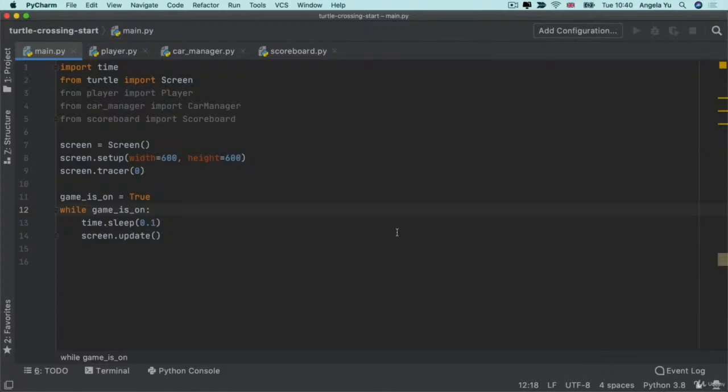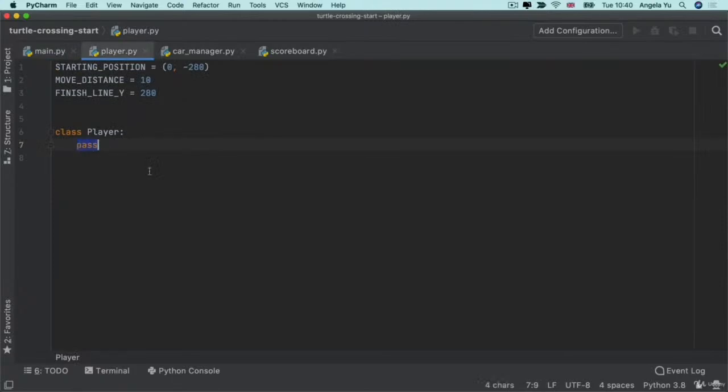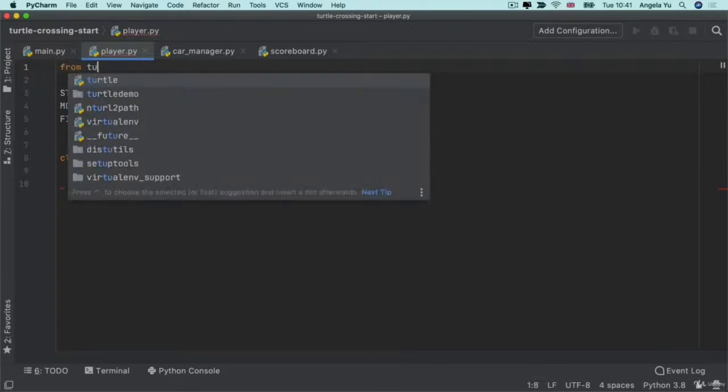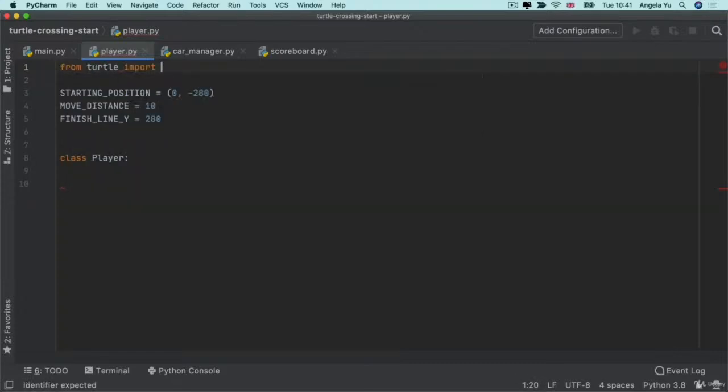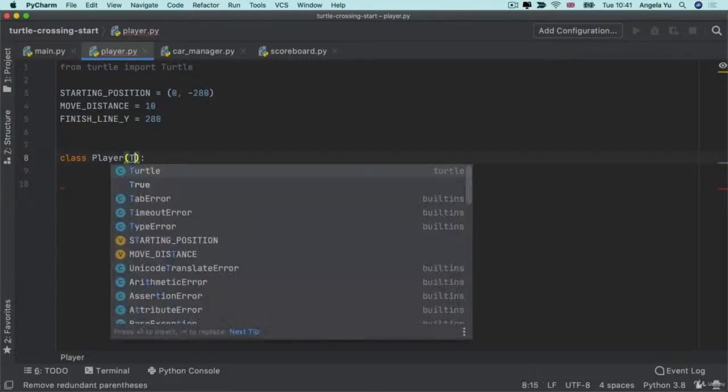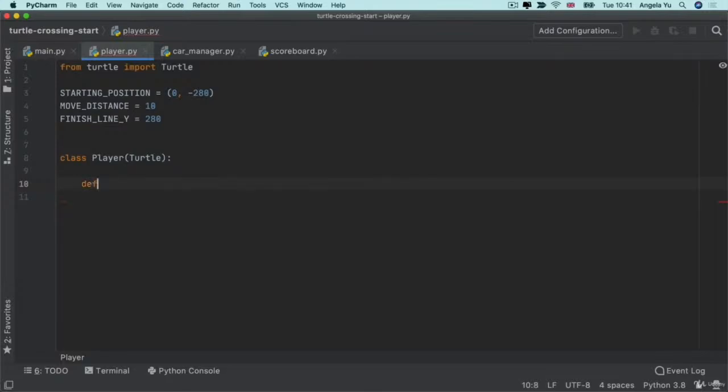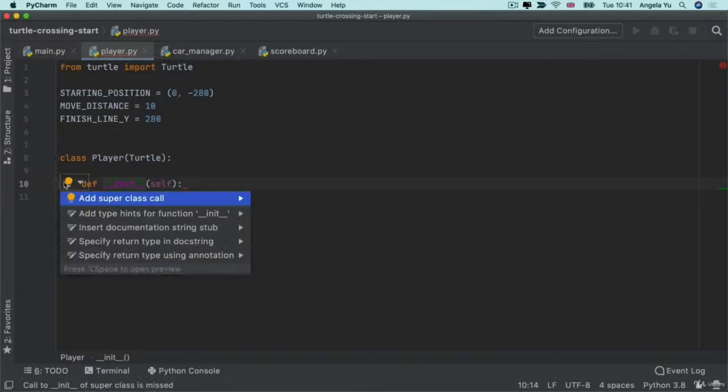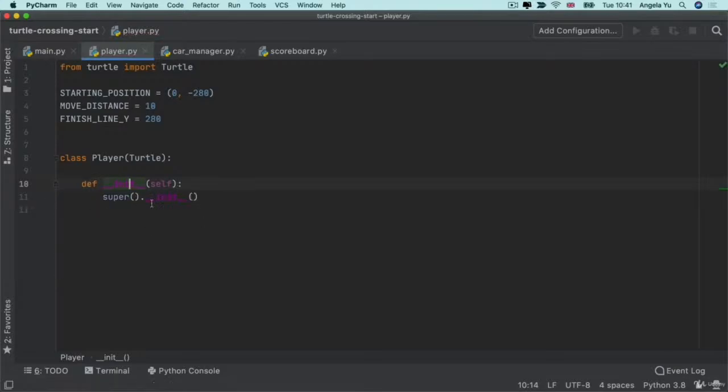Now, because this is related to the functionality of the player, let's go ahead and create this inside the player class. I'm going to delete that pass, and I'm also going to import the turtle class from the turtle module. Now our player is going to inherit from this turtle class. So inside our init, we're going to need to add the super.init, or you can add it automatically using the light bulb. So now this player class can do everything that a turtle class can do,